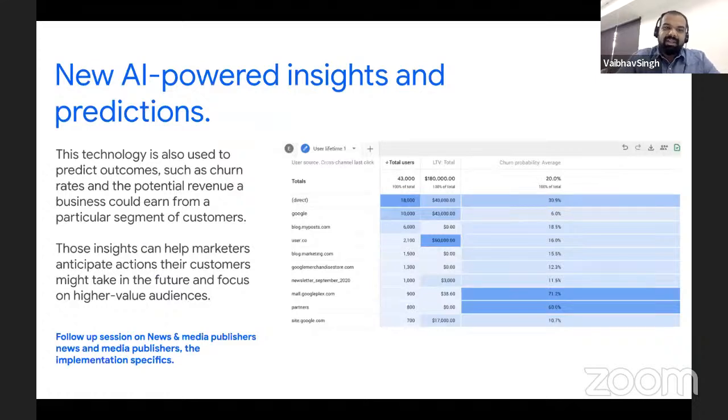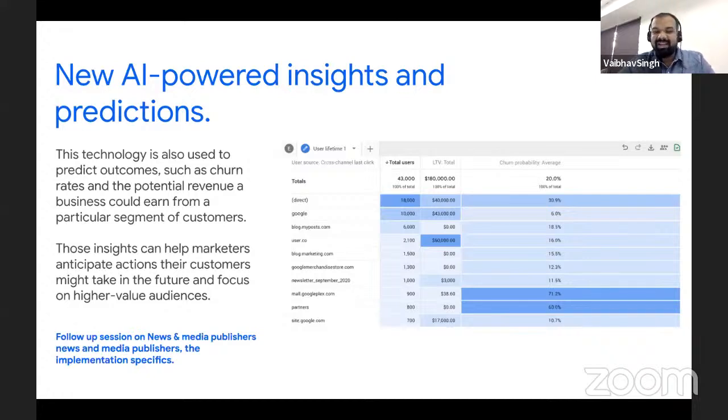More and more AI-powered insights and predictions. I already told you about predictions. Prediction was something where we used to depend upon a lot of blogs and a lot of area experts, on how they predict that if my website is performing like this as of now, how it is going to perform in the next month or months or years. Now in GA4, you would be able to get some insights. For example, in a lot of ad platforms, based on your earning potential, the ad platforms give you a revenue projection that you could earn this much in these many days based on your earlier data. The same is now happening with GA4.